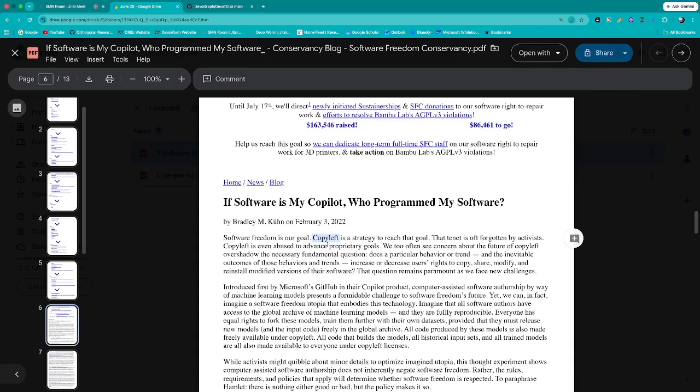Copyleft is the opposite of copyright. Copyright is where you put a mark on something and protect its intellectual property, and it's explicitly against making copies or remixing it.